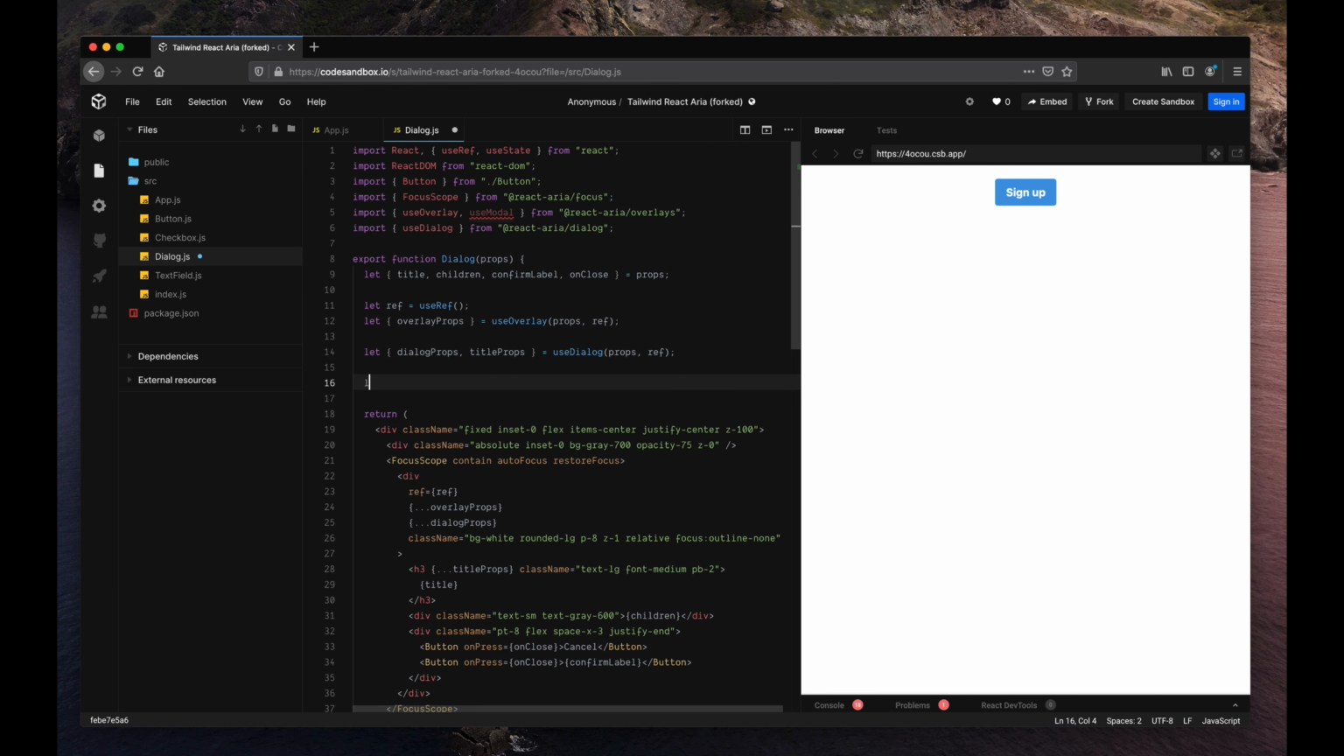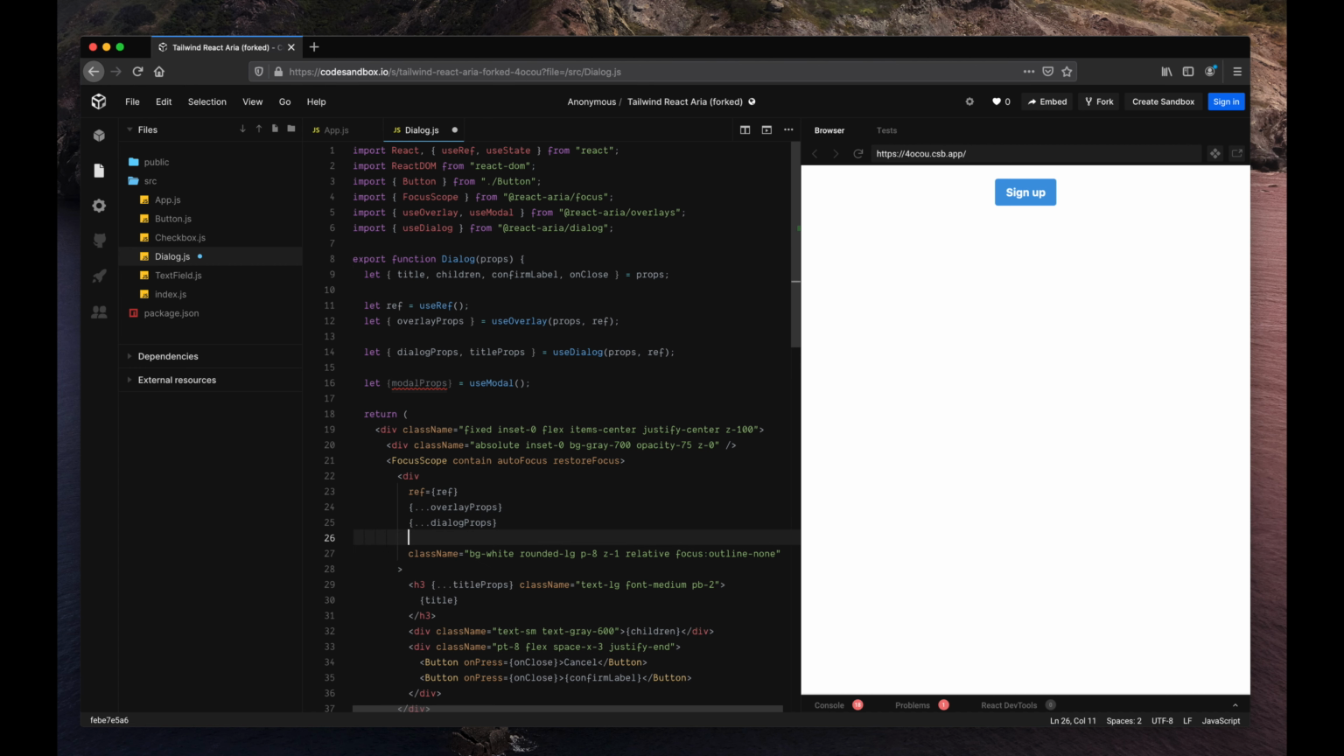to do this, I'm just going to do the same pattern again. modalProps equals useModal. And actually, this doesn't take any arguments in this case. And then we just need to apply this as well to our dialog element. Now, at this point, it's not actually going to do anything because there's a couple other things that we need